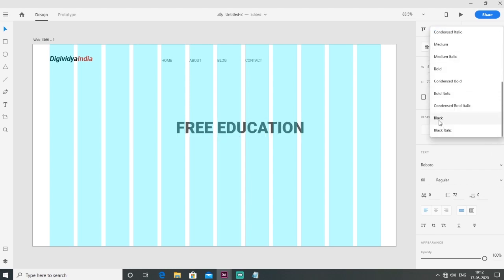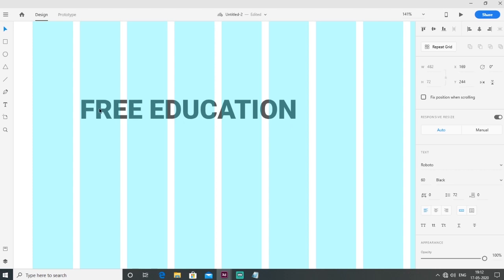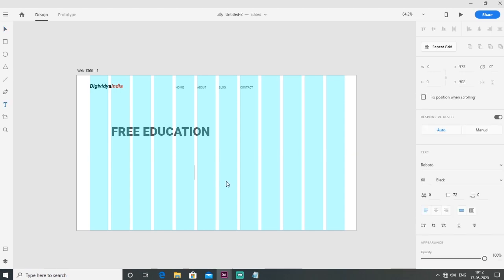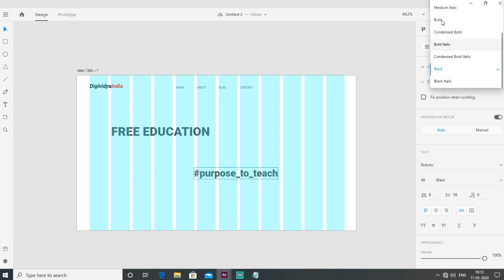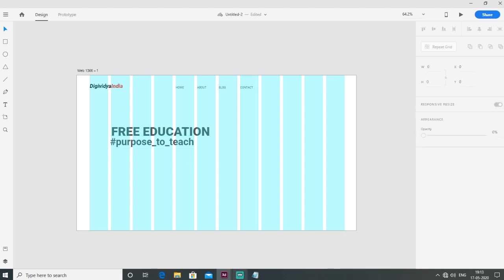And font style is black. Then I make a text box.